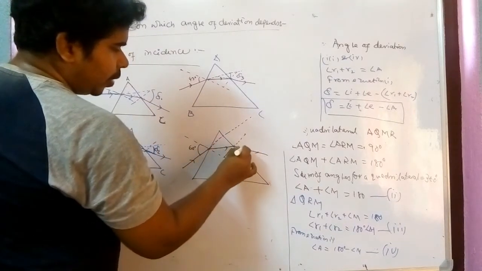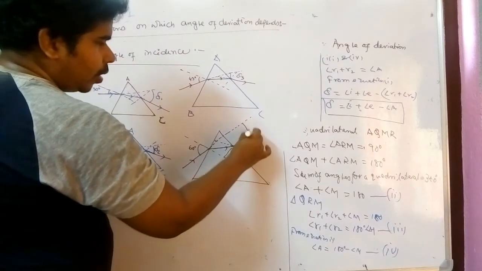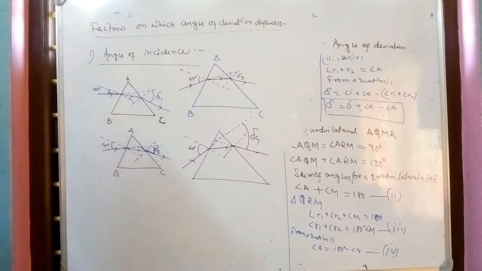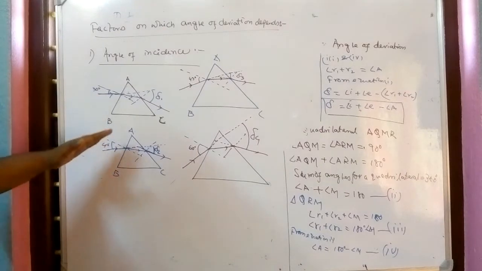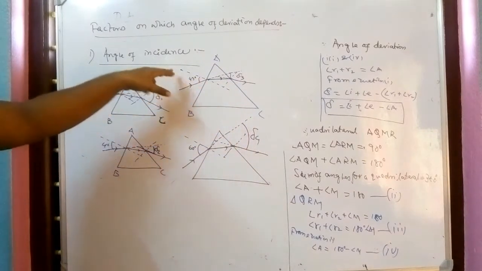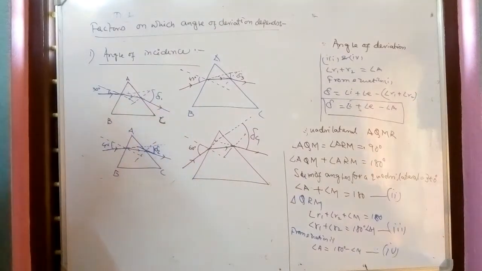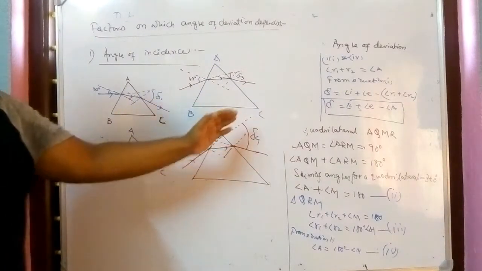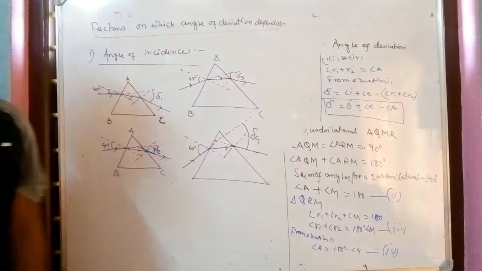So that is the original path, and that is the path we have gone. Now follow the changes. Initially, as we have increased the angle of incidence a little bit, we see the angle of deviation is decreased, near about 45 degrees. But as we have increased the angle more, suddenly the angle of deviation is increased. So that is the dependency of angle of incidence with the